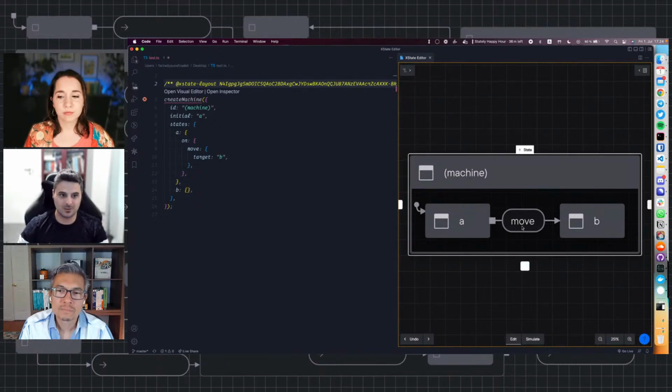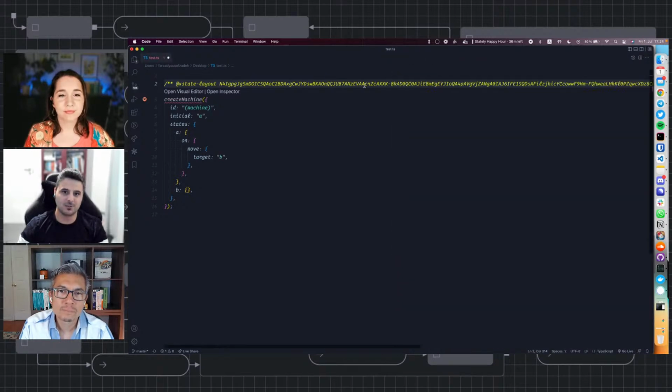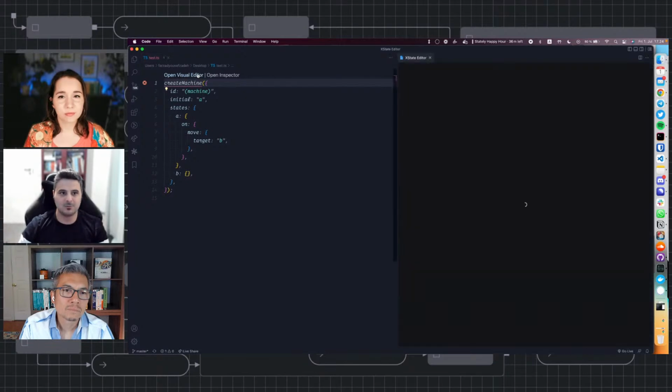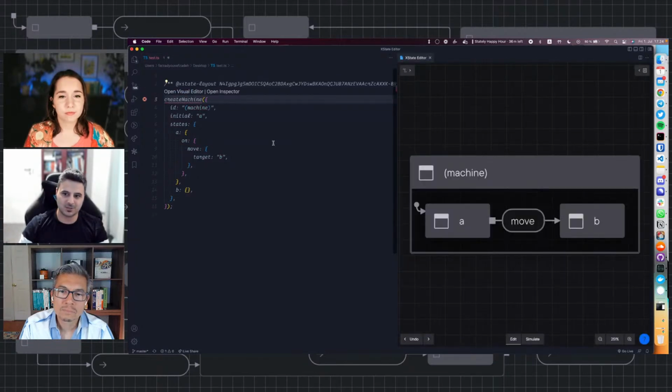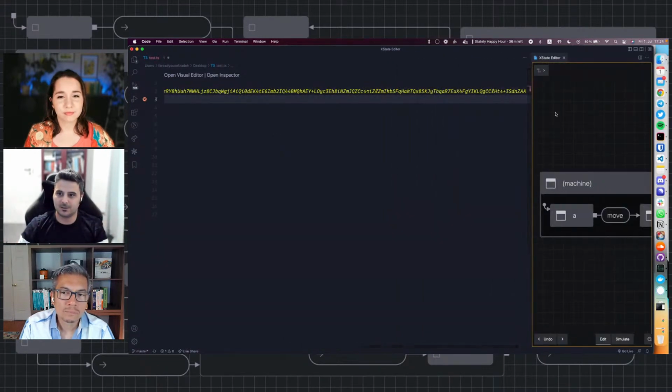So to prove that it works, we can mess around with the layout, take it out of the viewport, close it, and then we have to make sure that we remove that line there because that's the metadata of the layout. If you keep it there, the next time that you open it, it will persist the same layout. But we removed it to make sure that the editor starts fresh. And you can see that not only did we perform an auto layout on the machine, we also tried to make sure that we could squeeze it into the available visible area here.